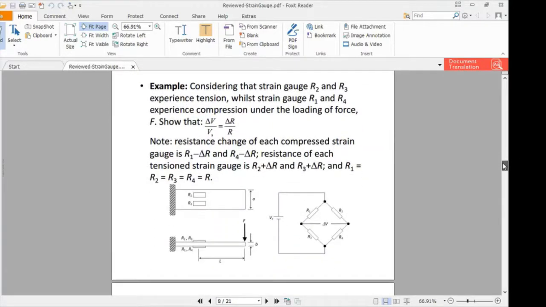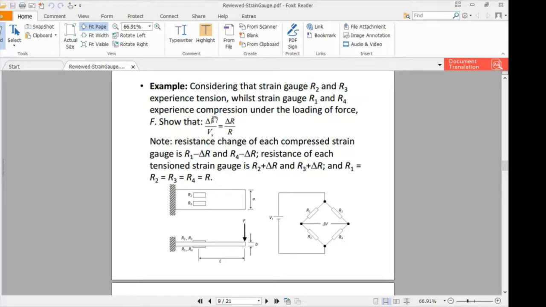Alright, let's consider this example. Let's say we have strain gauges where R2 and R3 actually experience tension, and strain gauges R1 and R4 experience compression under this loading of the force F. Show that delta V, which is the offset voltage of the Wheatstone bridge over the supply voltage,